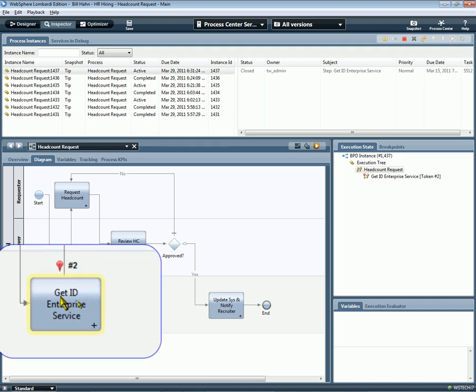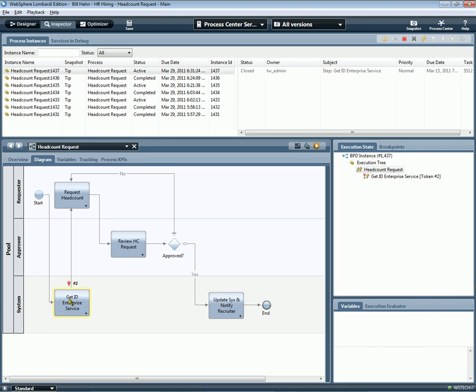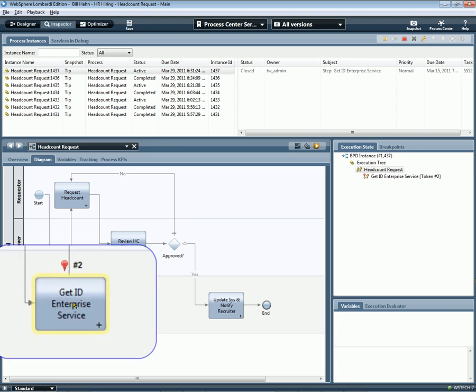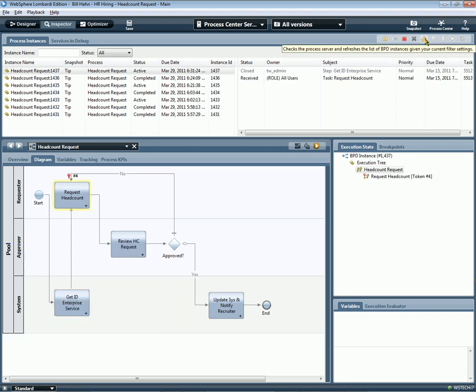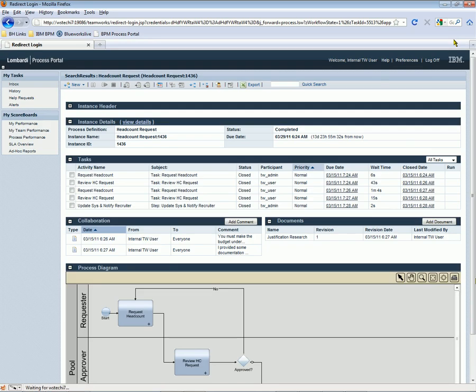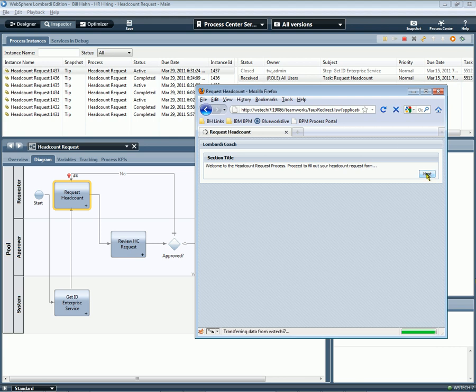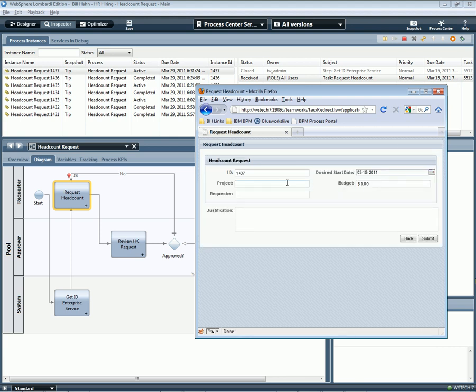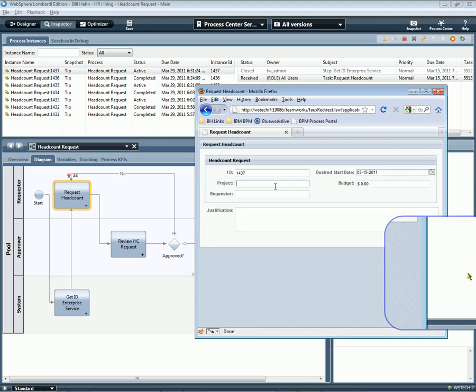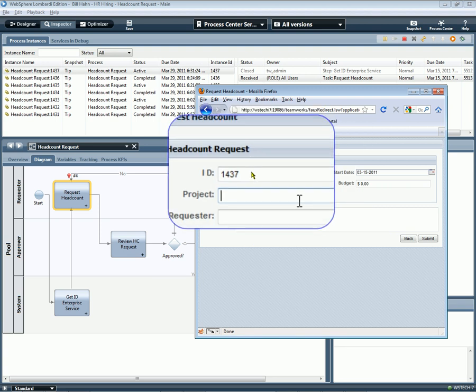It's in a system lane, so we don't need to actually take any manual intervention. You'll see that as soon as we refresh this view, it has actually proceeded without any manual intervention because it was a system activity that made a call to that service. The first activity that requires manual intervention is this head count request. If we go ahead and claim that activity or run it, we can see that it did indeed make a call out to grab that unique process instance ID,